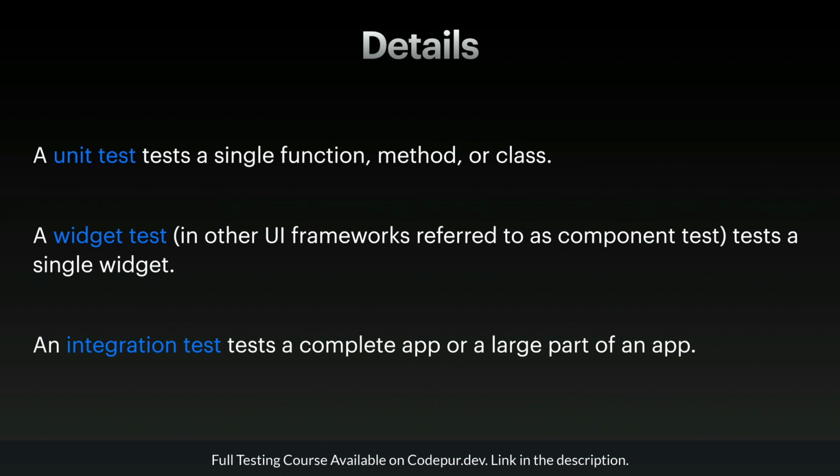Unit test is just testing a particular function, method, or a class, okay? Which means a very small piece of code which you want to test, or a function which you want to test. However, on the other hand, there is widget testing, which is to test UI, or a component. For example, you get the counter application, you have a button over there, which when you click on it, it increases the counter. So if we have to test that button, if the tapping is working and the behavior is the same, then we will use widget testing.